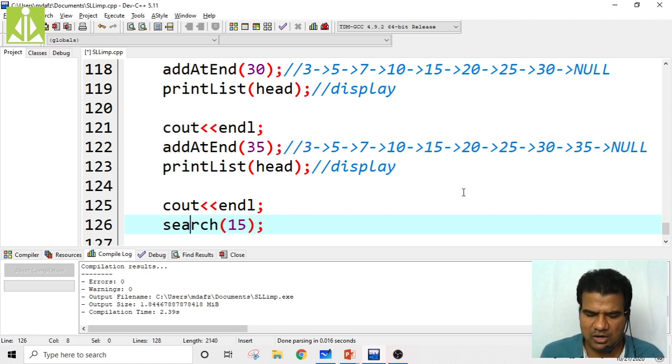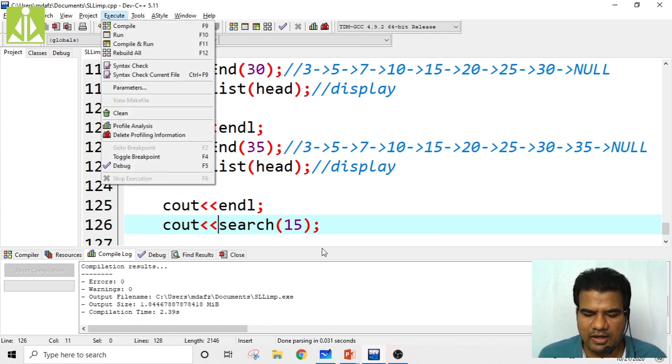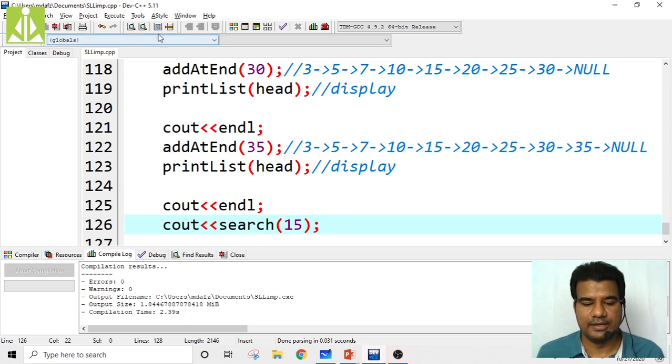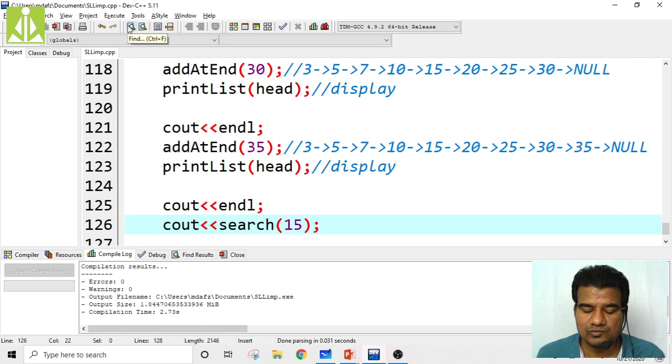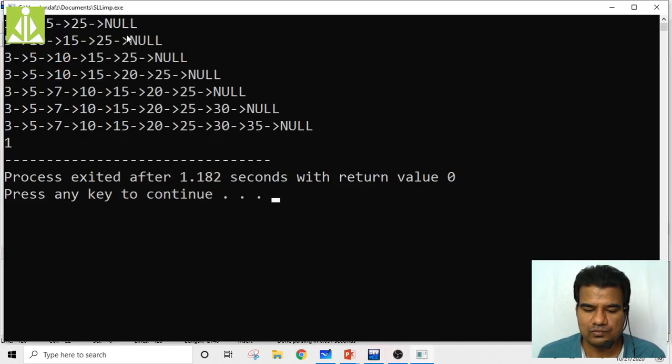So simply put cout of search, because we don't need any display now. We will see what it prints on the output screen. If it is not printing the accurate value, we have to modify our code accordingly. So quickly compile. Compilation successful, run. See, it is returning 1, an integer value, where 1 indicates true.